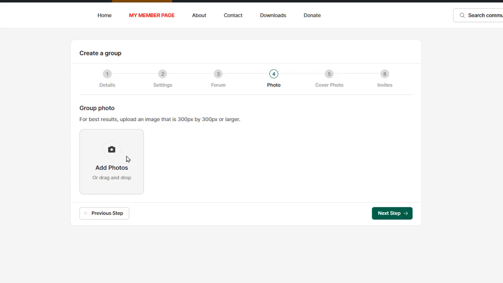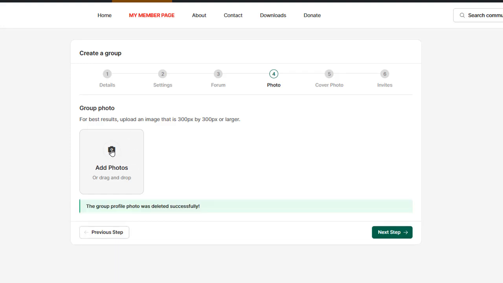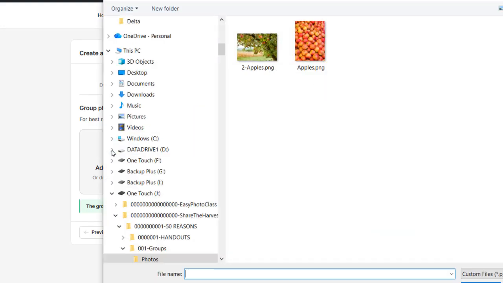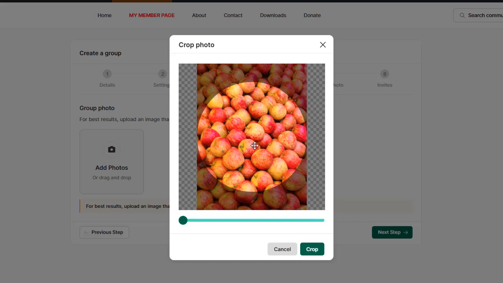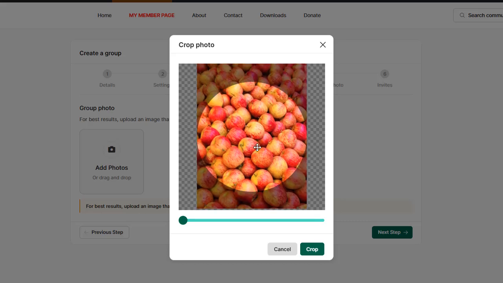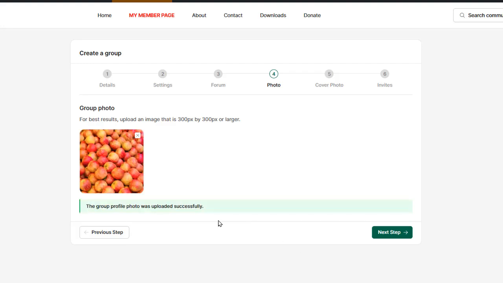And it says add a photo, and it's asking for a photo that's going to end up square. So we're going to click on the camera symbol to enter a new photo, and we're going to click on it here. It's going to load the photo there. And then we can move it around a little bit like this. We're going to say that looks good and hit crop. And then we're going to the next step,